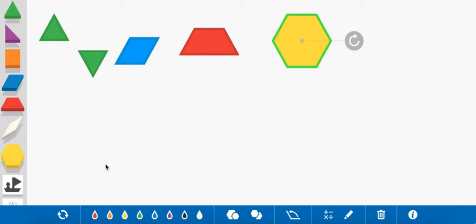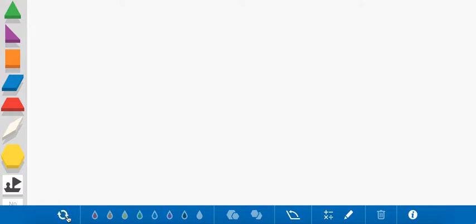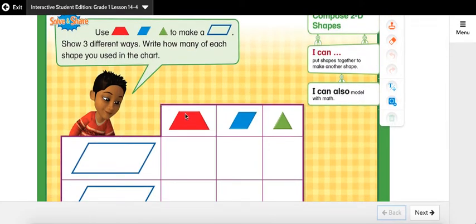And then I will teach you how to make an outline. So let me clear this page for now. You can click this one. This is like a refresh button or start over button. You can clean the screen whenever you want to. So first, we need to use those three shapes, a trapezoid, a parallelogram, and a triangle. You can use two of them, three of them, five of them, any pieces you want to make a shape